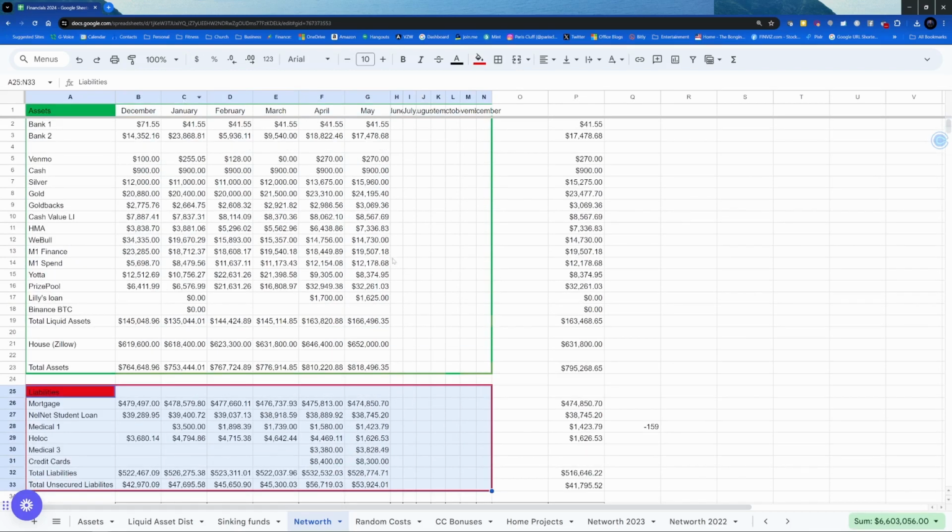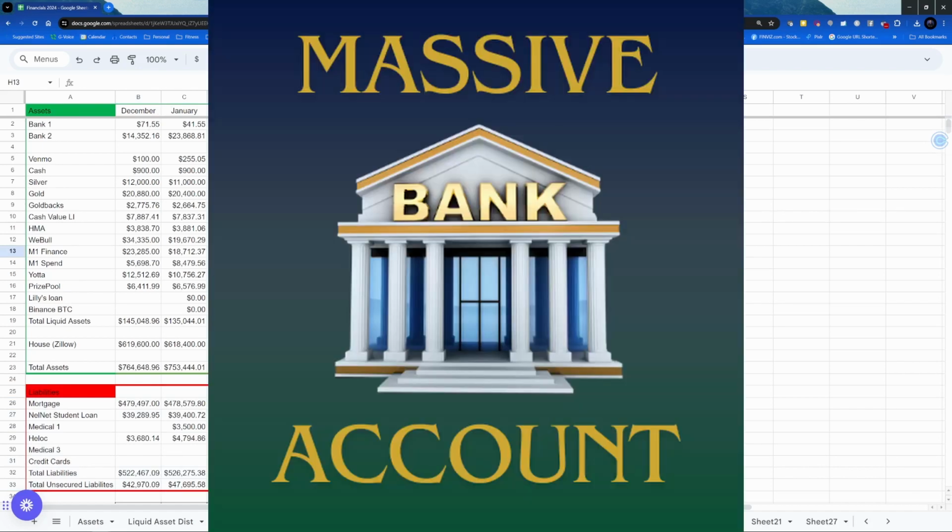I come in here on the 3rd week, as I shared in my last video. I'll put a link up above here. As I shared in my last video, I keep track of my total net worth every month as it grows and as it increases or decreases. Hopefully it increases. I highly recommend that you keep track of your net worth so that you can see how you're doing towards growing your MBA, your massive bank account.